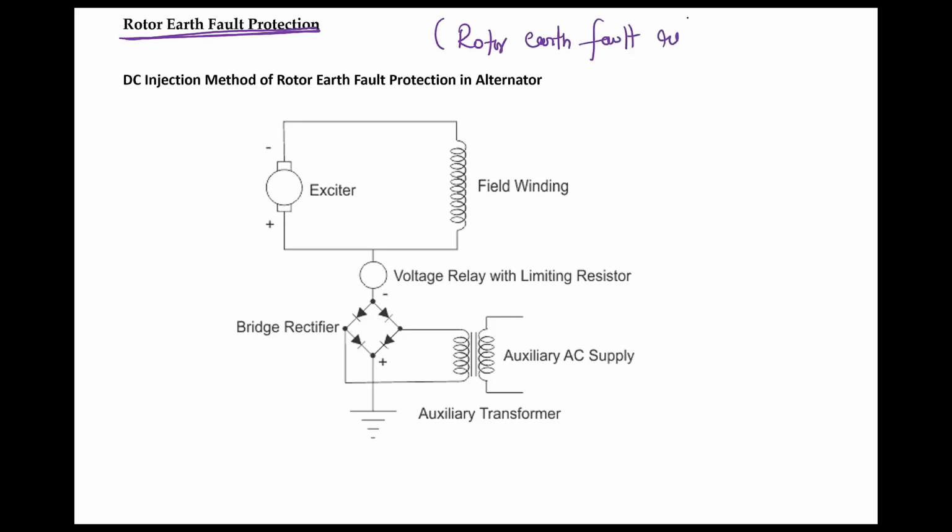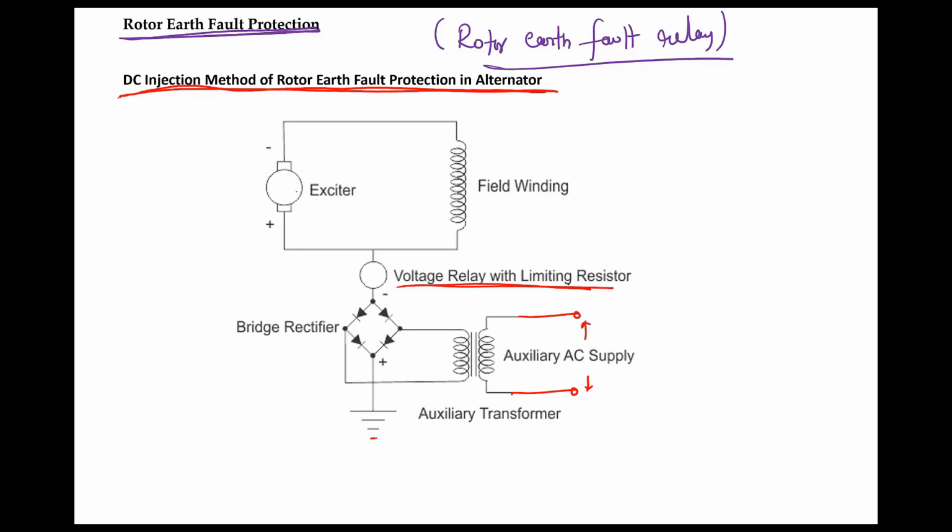There are different schemes to implement this rotor earth fault relay, out of which the best scheme is the DC injection method of rotor earth fault protection, where one AC supply is provided here. We provide AC supply through the isolation transformer, and then we convert this AC supply to DC supply. The positive of the DC supply is grounded. The negative of this DC supply is connected to the voltage